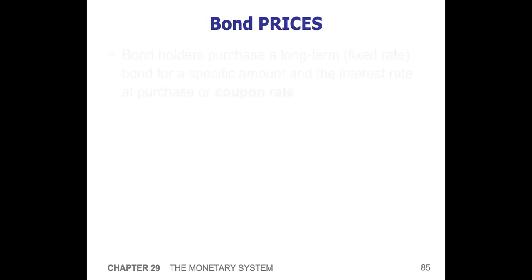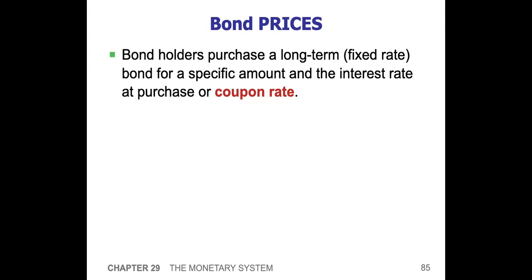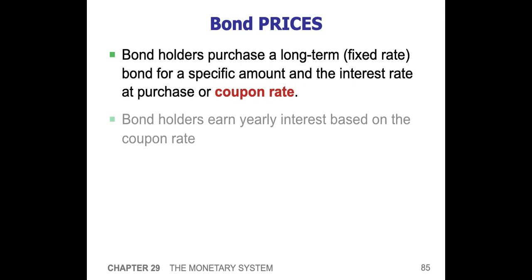We touched on bond prices a little bit in our practice problems, but just as a reminder, on how bonds work. Bond holders will purchase typically a long-term bond at a fixed rate. So if bonds are going in the marketplace for, let's say, 5%, you buy a 20-year bond at 5%. That is referred to as the coupon rate. Bondholders will earn a payment every single year that they hold on to that bond. So let's say 20 payments, and then at the end you get your original amount back plus your 20th interest